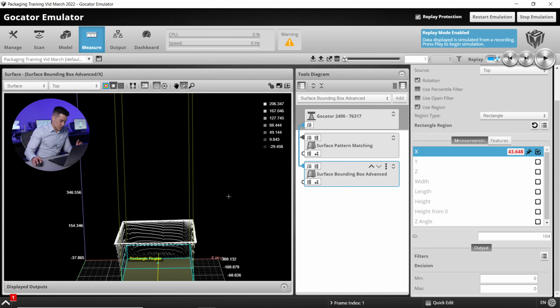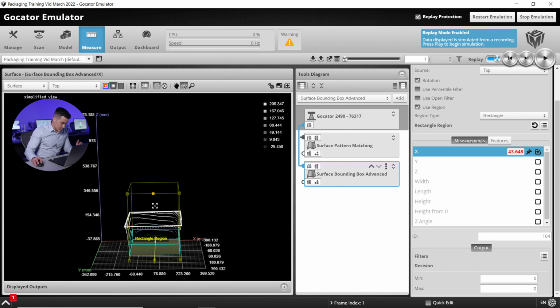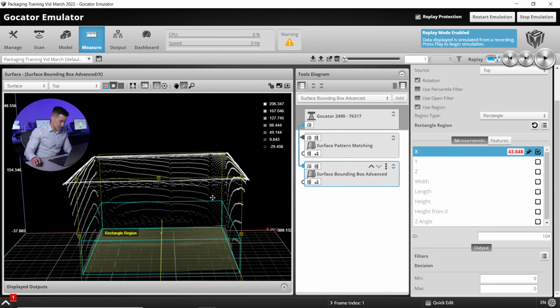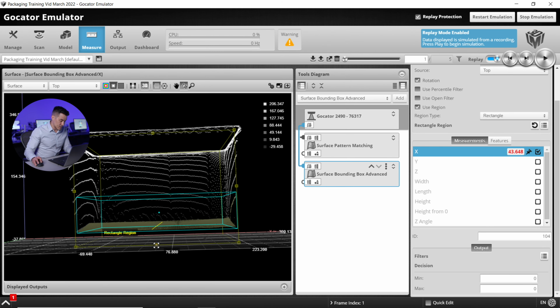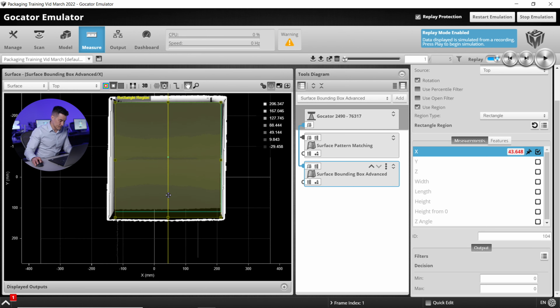And then now I'm also going to go to the Z view. I'm going to make sure I have that box exactly where I want it. You can see that the teal box right now is being drawn a little bit low. That is not where I want it. I'm going to change that a little bit.